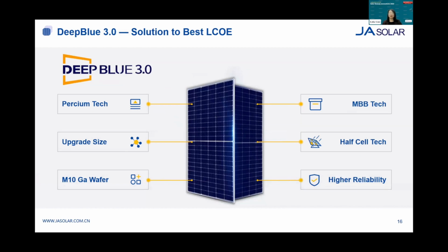Based on some of the advanced technologies I just mentioned, JA Solar has developed the Deep Blue 3.0 module, which is our current core product. It is based on upgraded size using 182 millimeter wafer. Actually, this size was decided by considering the whole industry chain, including production, transportation, installation, and so on. And gallium doped wafer is used to reduce the degradation rate. Also, multi-busbar and half cell technology are